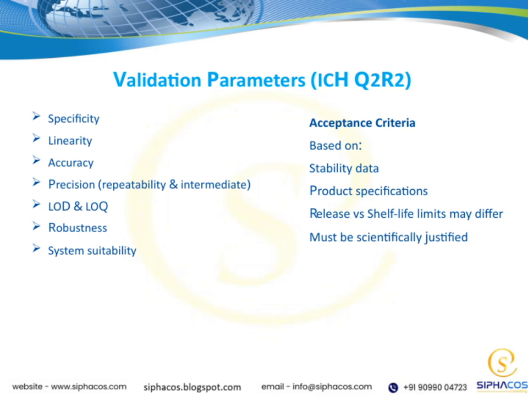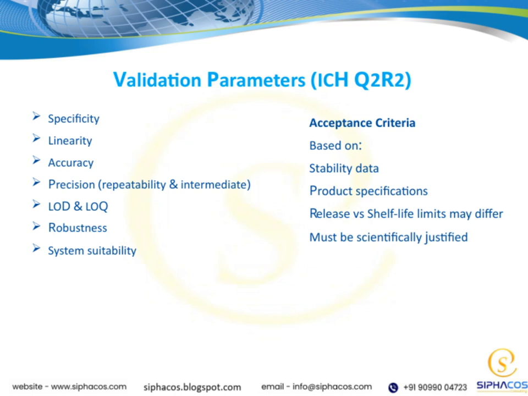These are essential for ensuring our analytical methods are reliable and fit for purpose. First, we have specificity, which is about the method's ability to measure the analyte accurately without interference from other components. Next is linearity, confirming that our method produces results proportional to the concentration across a specified range. Then we have accuracy, which tells us how close our measurements are to the true value, and precision, including both